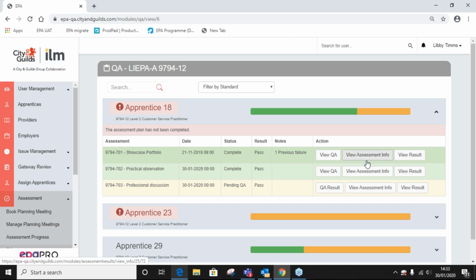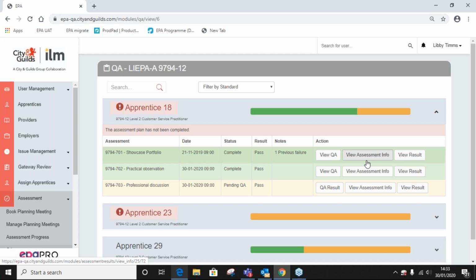Kelly said, is there an option to carry out an interim verification for the IQA's initial assessment of the showcase, or is that first assessment only put on SharePoint? So I think what you're saying, Kelly, is it possible to look at the portfolio as a LIEPA before the result is finalised to you? I think that's what you're asking. And I'm not sure, I don't know the answer to that question. I can put Libby on the spot and ask her.